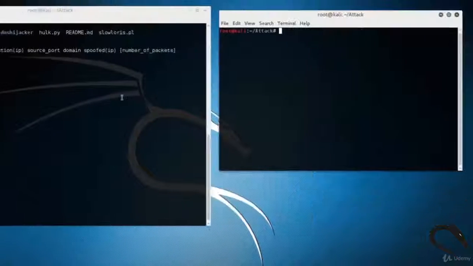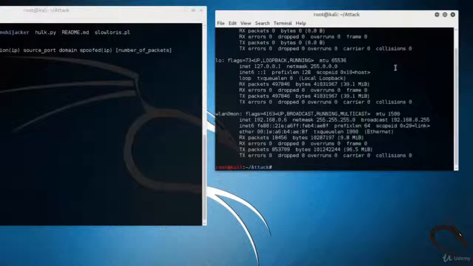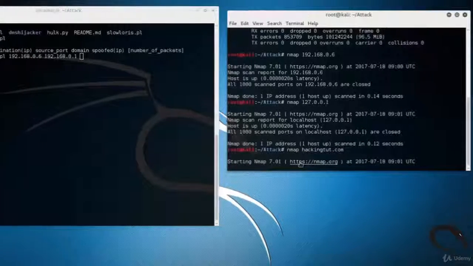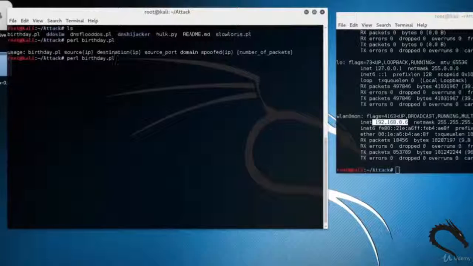Let's open up another terminal, type ifconfig. Here you can see the IP address 192.168.0.6. Type nmap hackingtude.com. Here you can see that hackingtude.com has filtered ports. Type perl birthday.pl